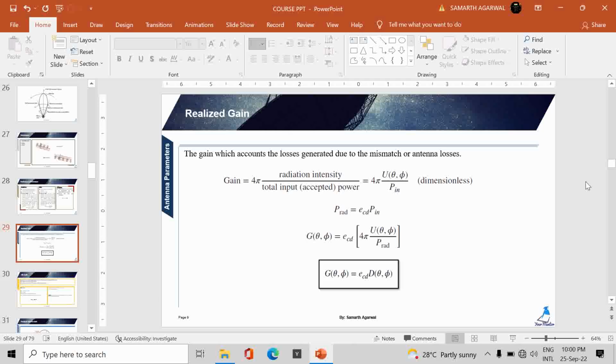Now radiated power is nothing but the ECD, that is one kind of parameter, times the accepted power P in, and efficiency only. And in this case of G of theta, phi,